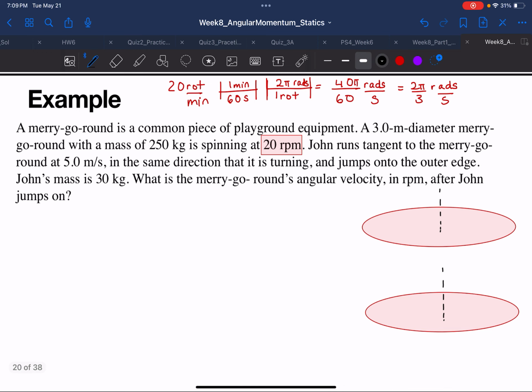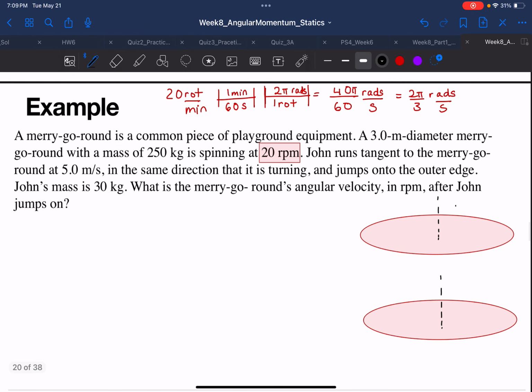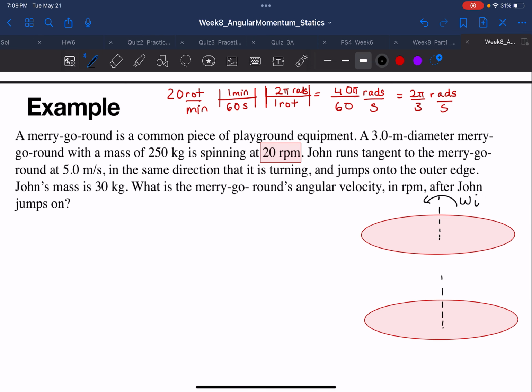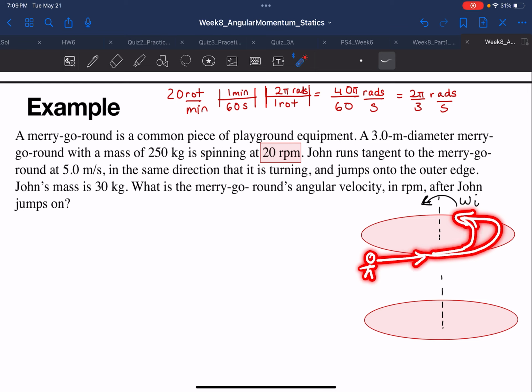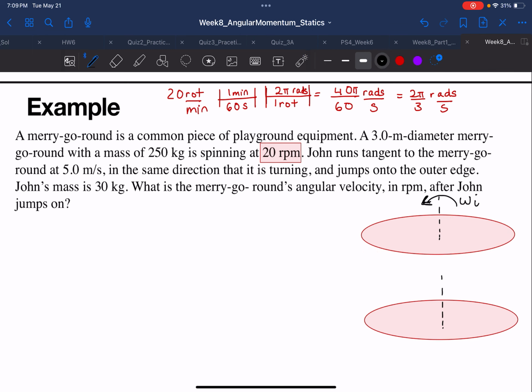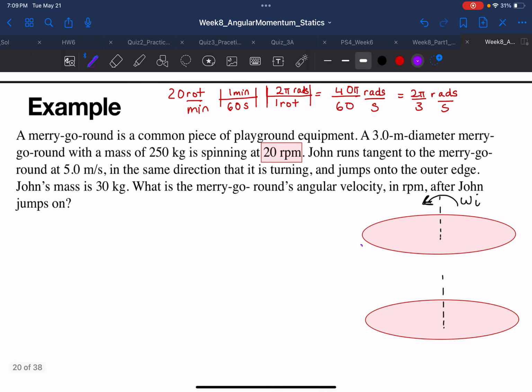Before John jumps on, the merry-go-round is spinning with some omega initial. If the merry-go-round is spinning in this direction, John runs towards it so that when he jumps on, he's also moving in the same direction as the merry-go-round. So we'll draw John here, running towards the edge of the merry-go-round with a velocity of 5 meters per second. Afterwards, John has jumped onto the edge, and the whole thing is spinning together with some omega